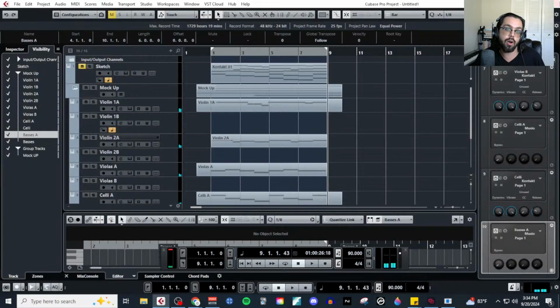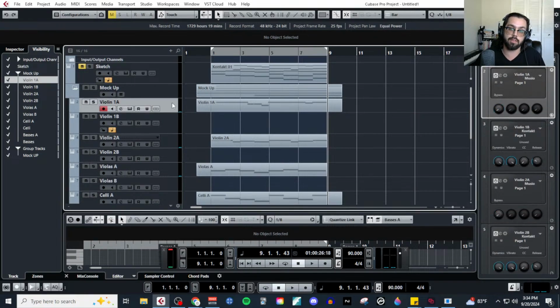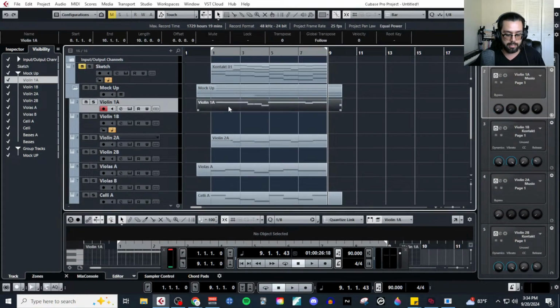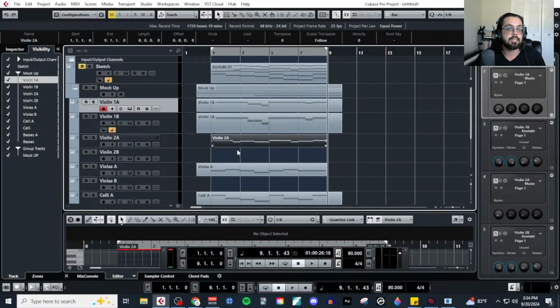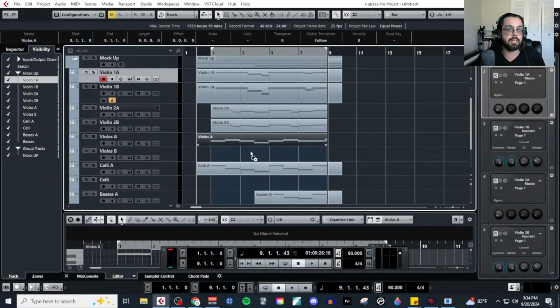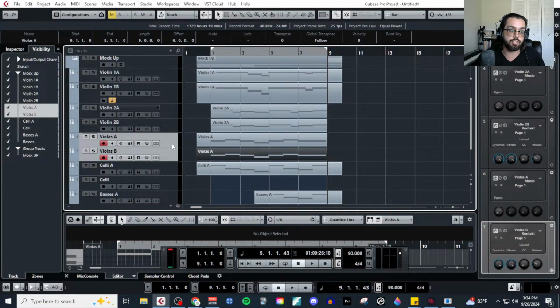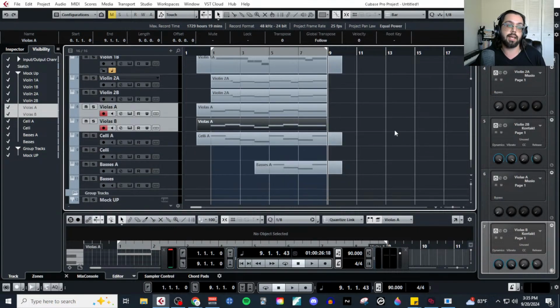All right, so we've got our parts recorded. Next, to just get everything spread across both the Cinesamples and Albion 1, I'm going to click this. I will hit the Alt button on my keyboard and just drag down. Since each of these are meant to be just kind of layerings of the same section, so Violas A, Cinesamples, and Violas B, Albion 1,